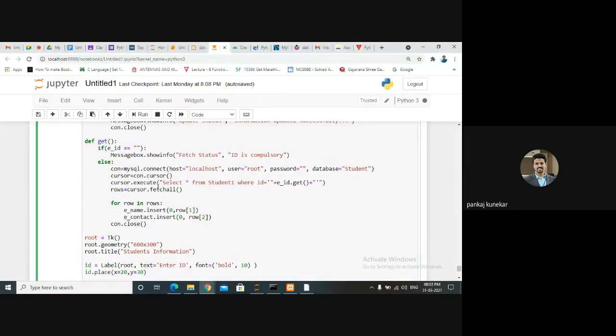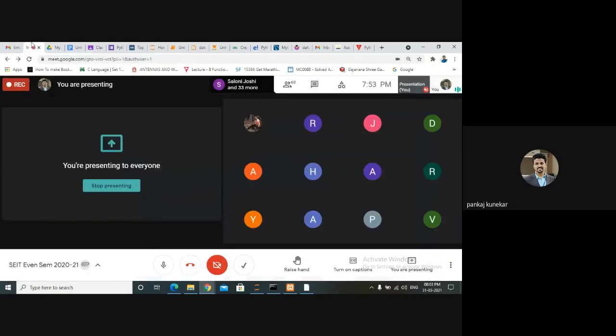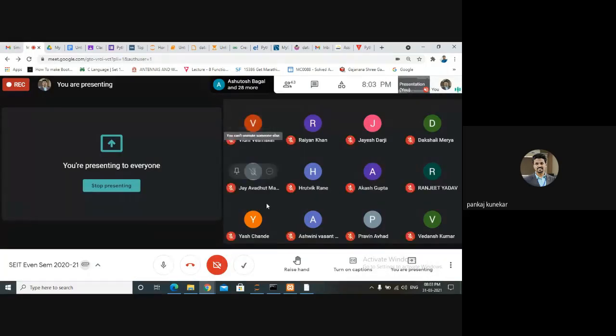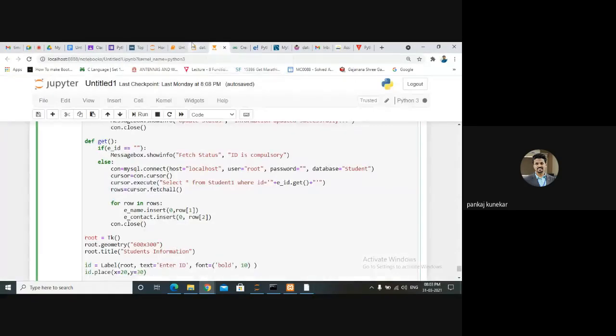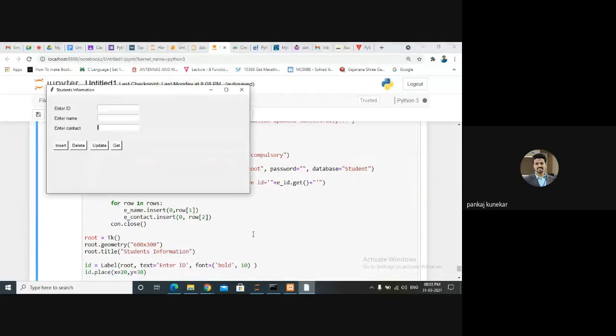So all the data will be retrieved row wise using fetch all. For fetching and retrieval of your data using a select statement, we have to use the fetch all method. One by one, all the data will be retrieved and displayed on your screen. So we'll run it. Suppose I want to display the data for ID triple two. We will perform 1 2 3.